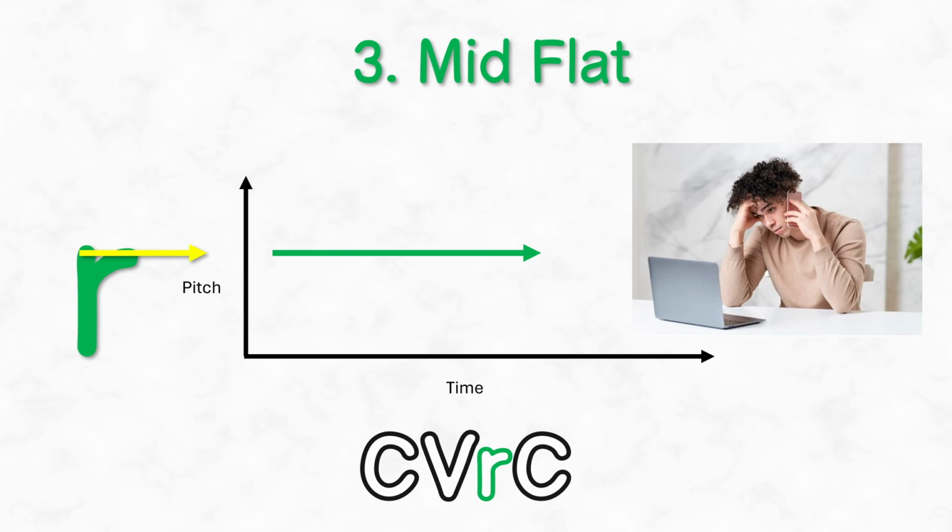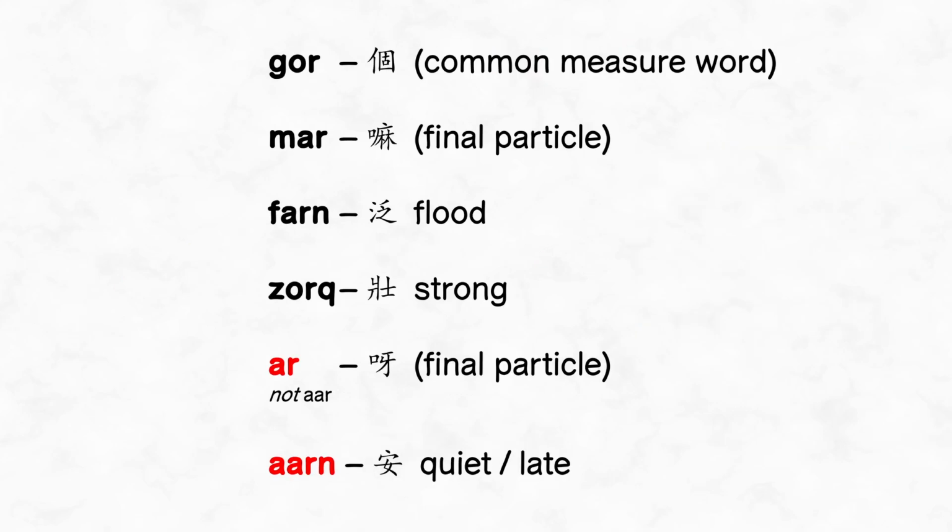As for its position, we put it right after the vowel. This is the only tone letter that deviates from the principle of putting the letter earlier in the word if the pitch is not low. In this case, it comes closer to the end. Hopefully you read the R and the vowels at the same time, which should clue you in to start at the mid-pitch and keep it flat throughout. And here are some examples. Go, ma, fun, dong,